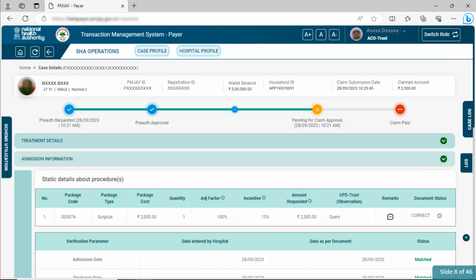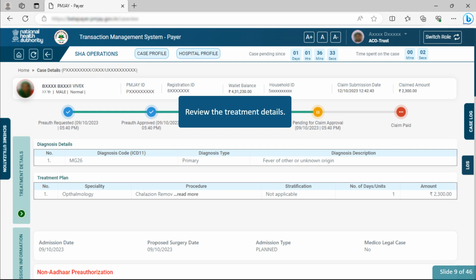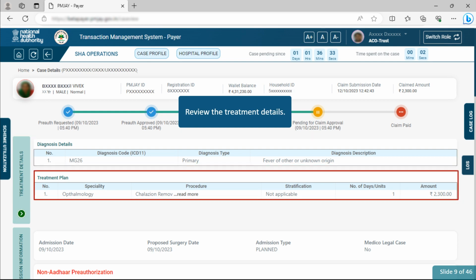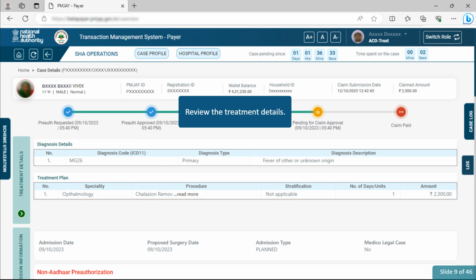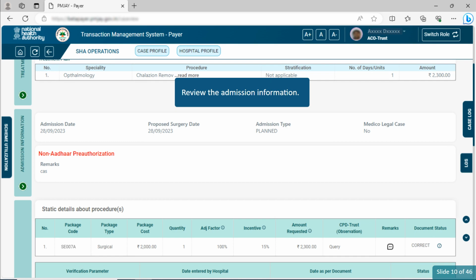You need to review the patient's details displayed in these tabs before taking an appropriate action. In the Treatment Details tab, you need to review the patient's diagnosis details and treatment plan. In the Admission Information tab, you need to review the patient's admission date, proposed surgery date, the admission type, and whether this is a medico-legal case.